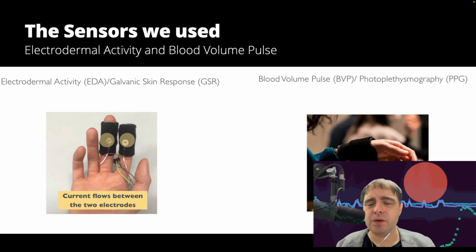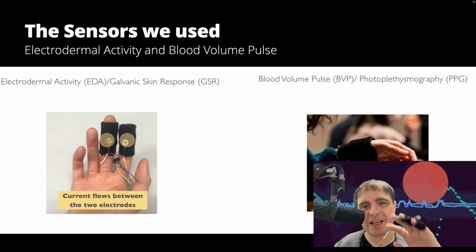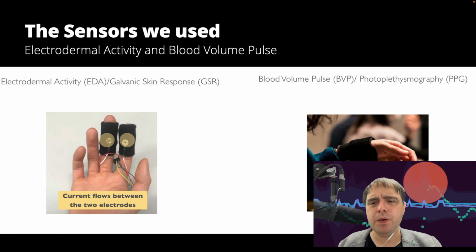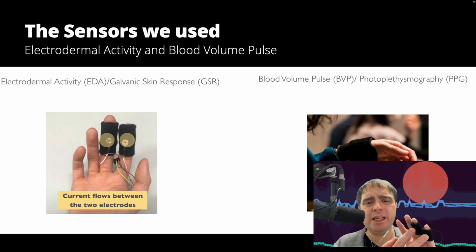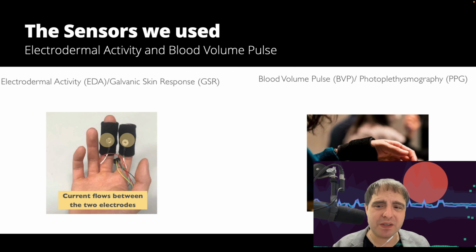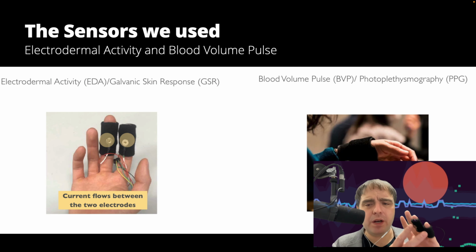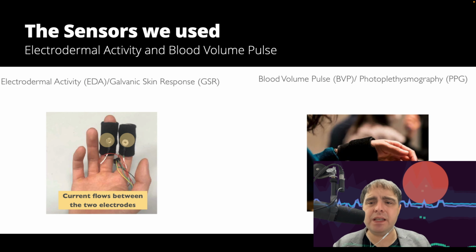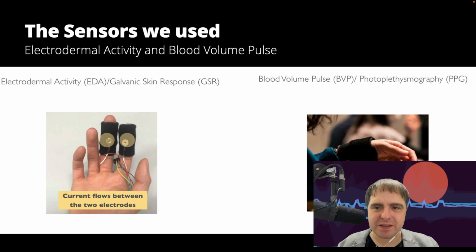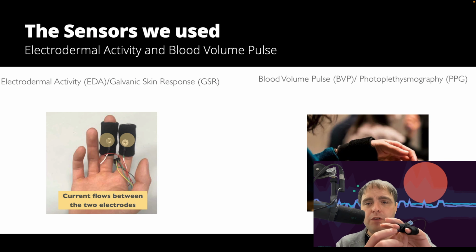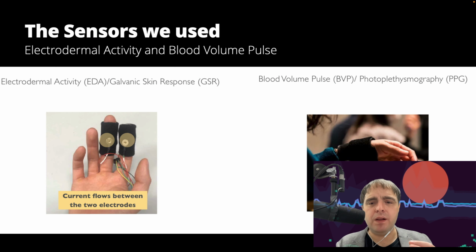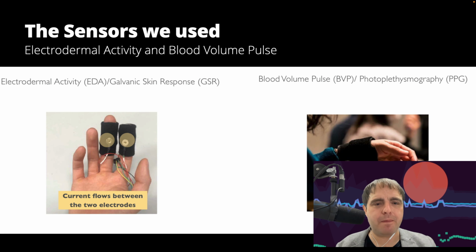In that case, we used the sensors and the wristband that I showed already at the beginning. You're using electrodermal activity, EDA. It's also called galvanic skin response. So you put a small current between those 2 electrodes, and then you measure the skin conductivity, and if a person sweats and so on, this changes. So you get these peaks if somebody feels excited or stressed. And we also use the blood volume pulse, so a small sensor that gives you information about the heart and the heart rate.